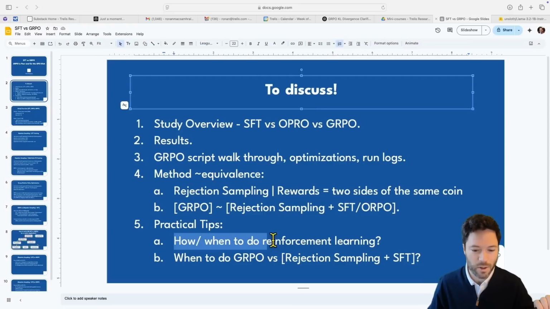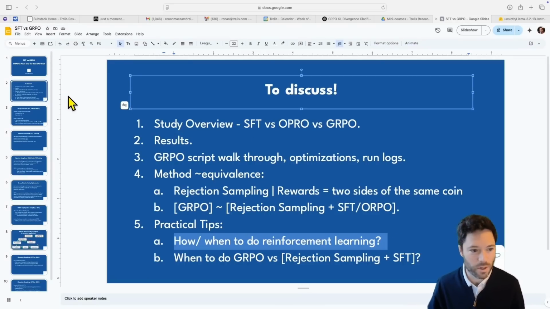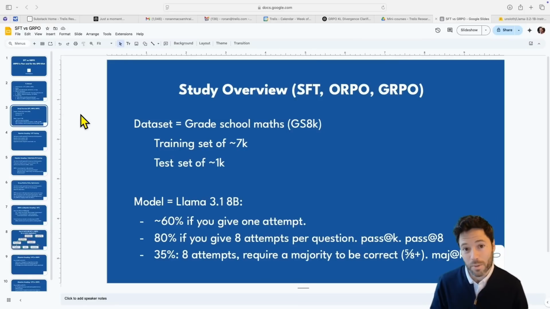Last of all, I'll talk about how you can do reinforcement learning, either via GRPO or with SFT and rejection sampling. And I'll talk about how you might think about whether you should do GRPO or whether you should do supervised fine-tuning. This study is all about improving the maths performance of a very small model, Llama 3.2 1B, and I